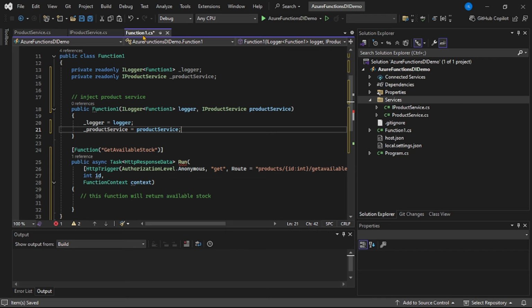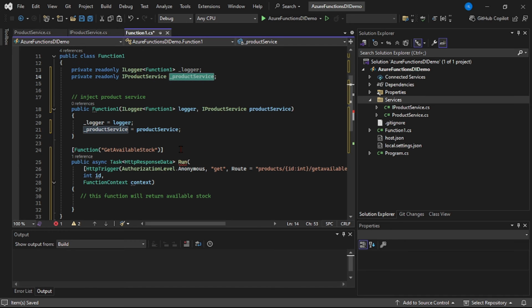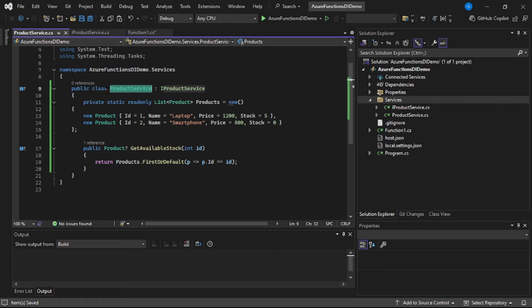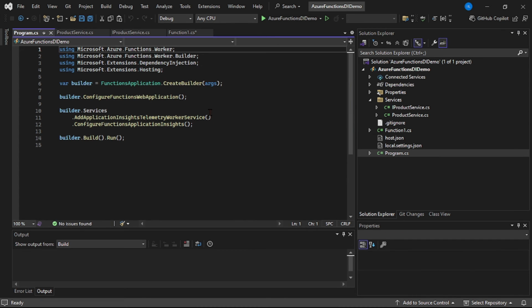But guys, how will this Function1.cs come to know that whenever I need an implementation for this IProductService, see guys, again this is an interface, that is, this is an abstraction. So whenever I need an implementation for this, this implementation, see this ProductService, so again this is the implementation or this is the class. So how will this Function1 come to know that whenever it needs this implementation, actually this implementation should be provided, right? So for that you have to go to this Program.cs, and here I will say